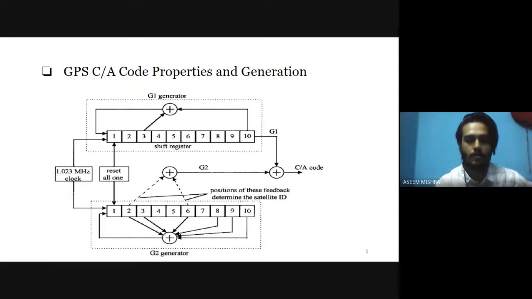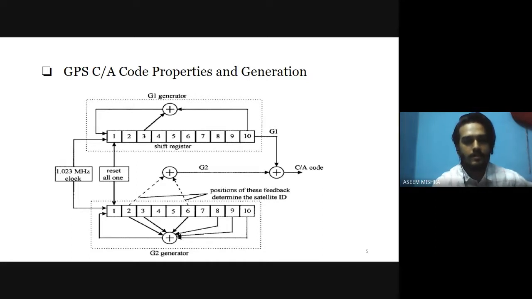One of the most important properties of the C/A code is the correlation. A high autocorrelation peak and low cross correlation peak can provide a wide dynamic range of signal acquisition. The maximum of the autocorrelation peak is around 1023, which equals the C/A code length. The rest of the autocorrelation has three values: 63, -1, and -65. The cross correlation has three values: 63, -1, and -65.